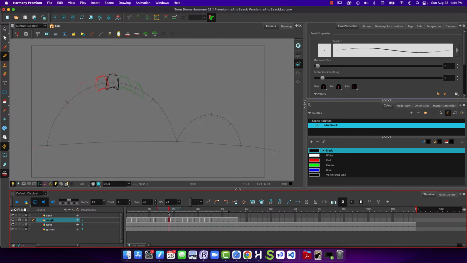Sometimes we have to add in these extra drawings to smooth out the animation, because I find right here that we need something in between those two. So I'll just go right here, insert that empty drawing, extend this one out. I'll extend that out, but now this drawing in between,